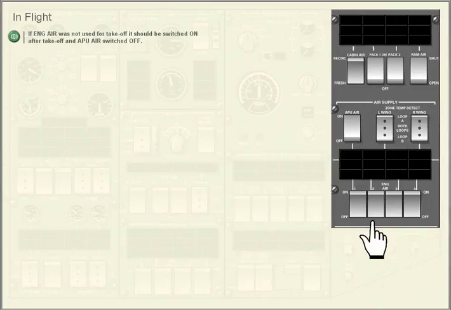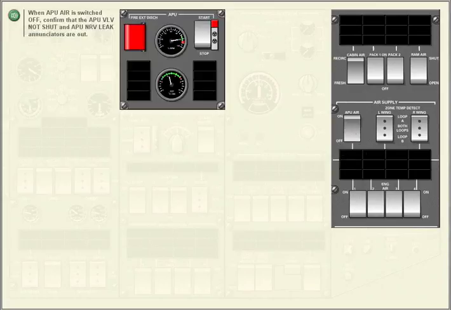In flight. If engine air was not used for takeoff, it should be switched on after takeoff, and APU air switched off. When APU air is switched off, confirm that the APU valve not shut and APU non-return valve leak annunciators are out.